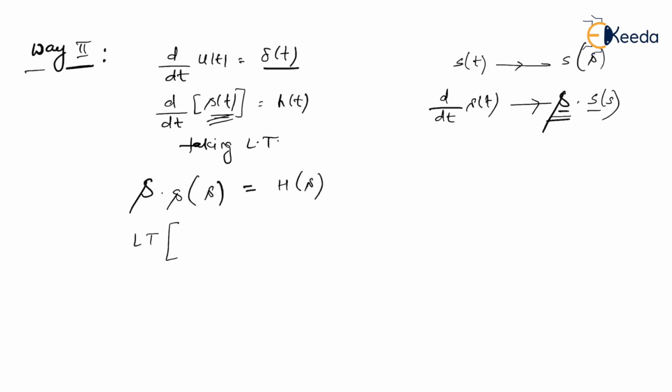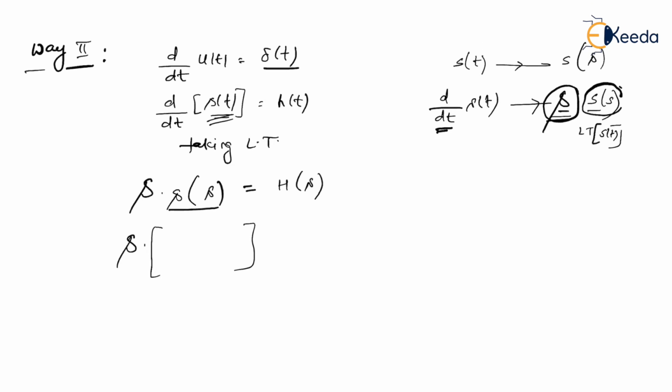Please don't multiply this s with S, okay? This S of s indicates the Laplace transform of s of t. Please don't get confused. This extra s has come because of the derivative. Am I right? Because we know that for f of t, if the Laplace is F of s, then the derivative of f of t has Laplace as s times F of s. So same theory, right?